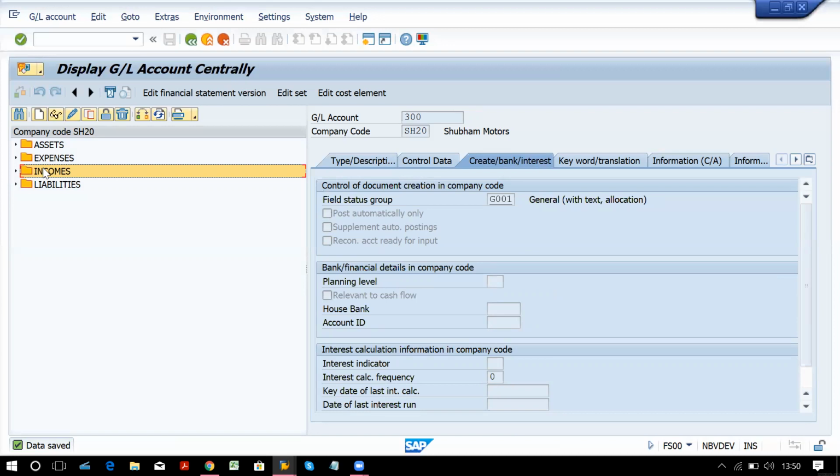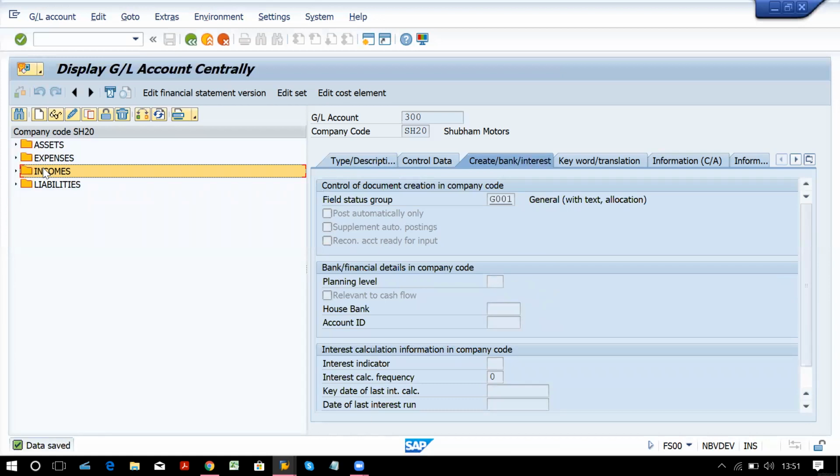Now, whatever configurations we have done till here are mandatory before you start your testing process. In real time systems, you have to do configurations for all the topics, and then test for all the topics.